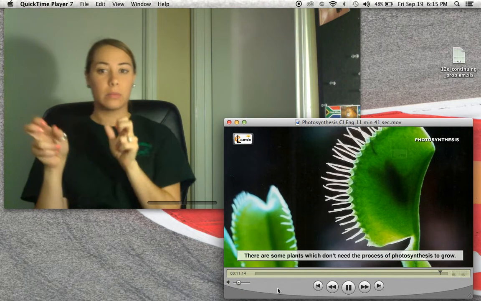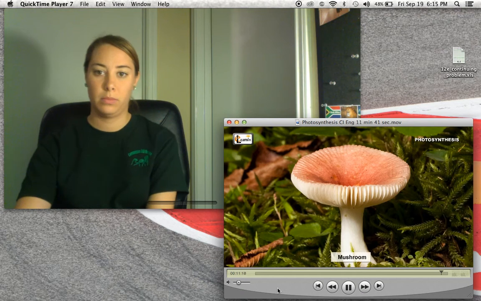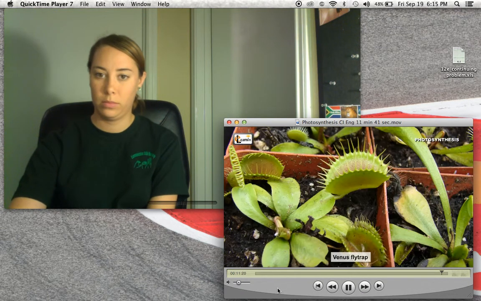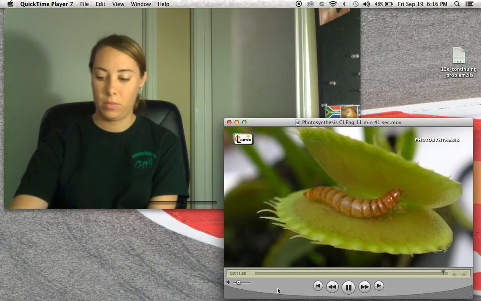There are some plants which don't need the process of photosynthesis to grow. Such plants include mushroom, Venus flytraps, etc. Mushrooms get their food from the ground and from their surrounding areas. Venus flytraps trap and catch small insects which come near the leaves and eat